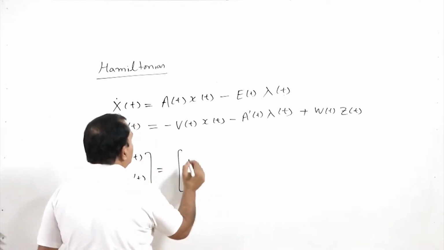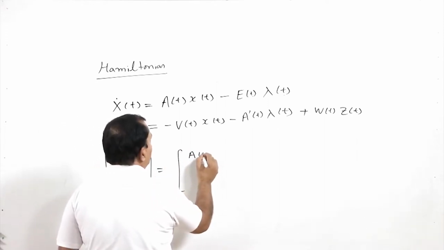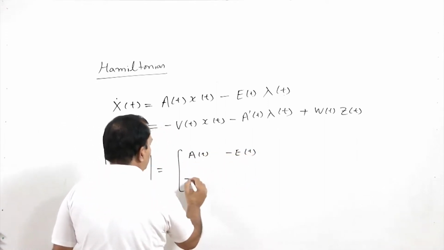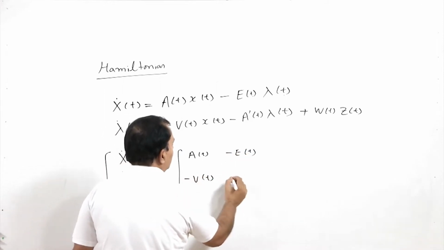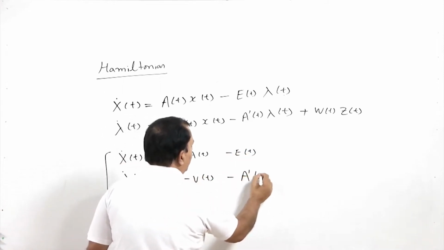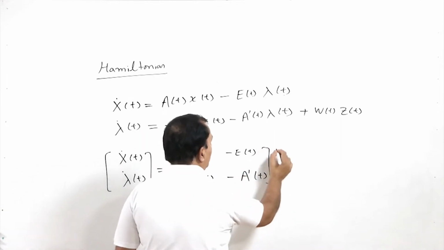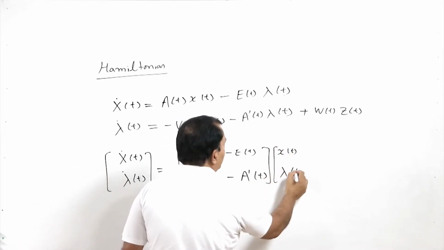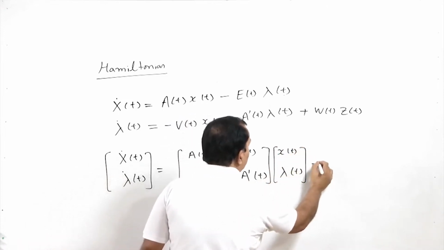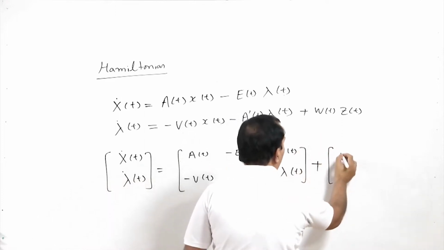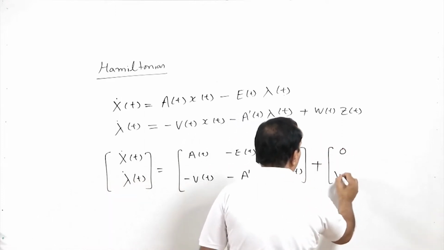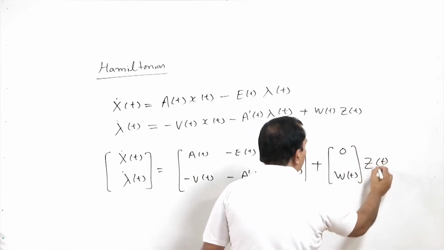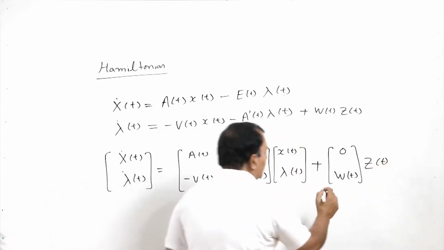equal to A t, minus E t, minus V t, minus A prime t, and this will depend on your x and lambda, plus another term which is appearing here as W t Z t. So, if we compare this, I am getting